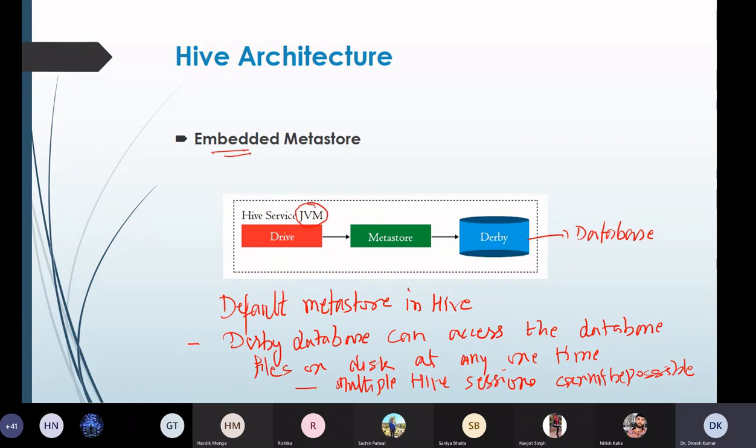We will not change the database; whatever database is there, in this case Derby, we accept it, and we can write our queries on it. This is only for testing and learning. It is not recommended for production purposes. So this is the embedded metastore.